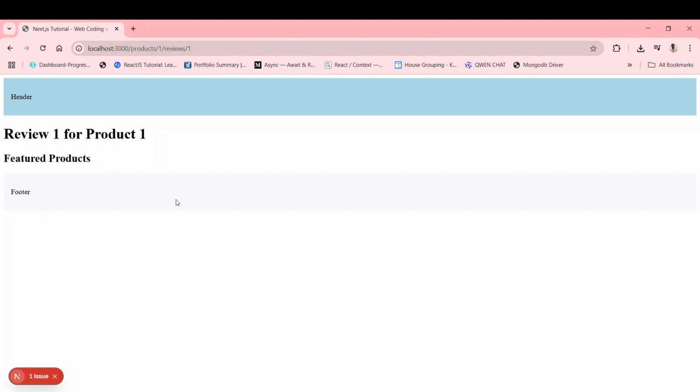One more thing: where you put your error.tsx file makes a huge difference. It determines exactly which part of your UI gets affected when things go wrong. This is how you can identify the specific UI element where the error occurs in your Next.js application, and I hope you now understand how we can handle errors in nested routes.